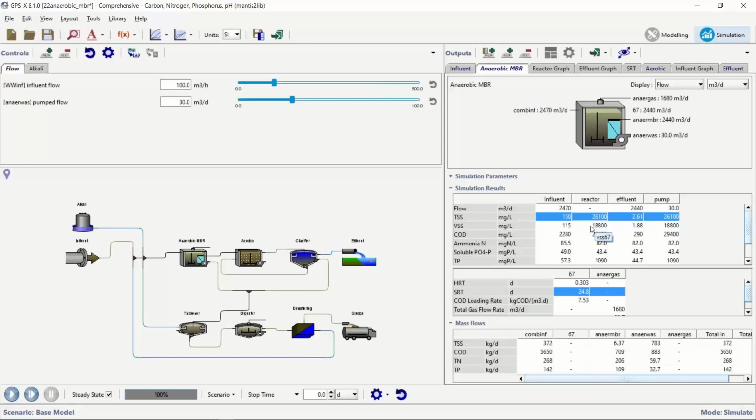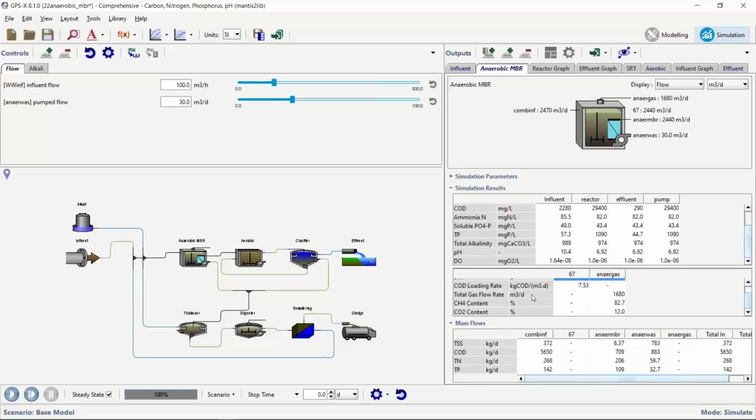You can see there's VSS destruction. You can see, of course, that we have gas production. If I slide this panel down here, here's our total gas flow rate. We can see very high methane content for the particular influent characterization that we had. Also, you'll note that the pH calculations are turned on for this simulation, and we can see that we had to use some alkali dosage, some base dosage coming in, in order to keep the pH up high enough,